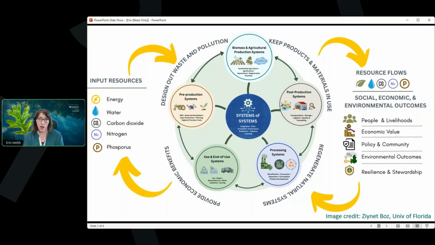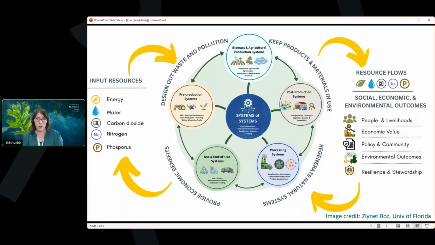And so we want to design out waste and pollution. These are goals that CBSI has developed: design out waste and pollution, keep products and materials in use as long as possible, regenerate natural systems, and then provide economic benefits. That last one is a real key that I know you understand very well in the economics community. We have a number of resource flows, as I mentioned,